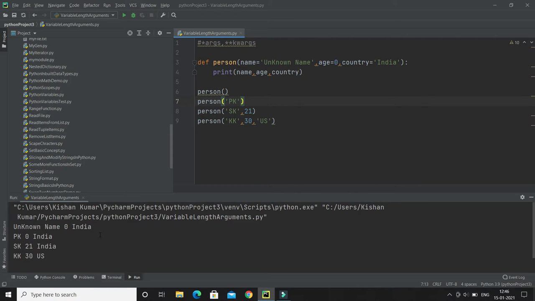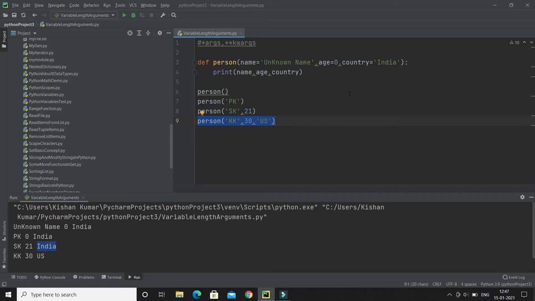So here you can see in the first call, name, age and country we didn't pass, so the default values have been taken. The second time I had passed only name, so age and country took the default values. The third time I'm passing name and age, so the country value is taken as the default one. And the fourth time I'm passing values for every field, so those values have been taken, right?